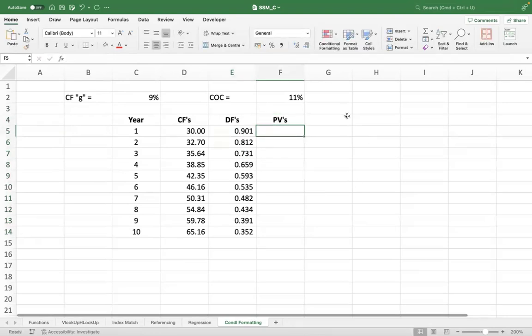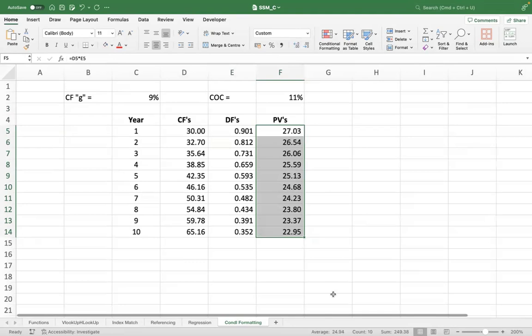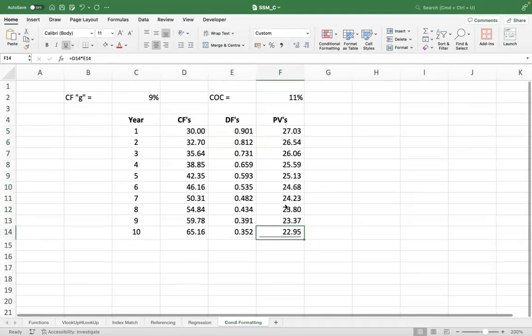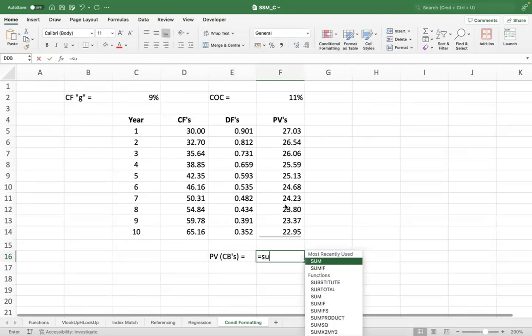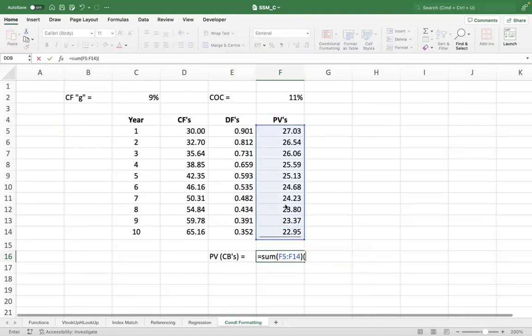This becomes your discounting factors. Now multiply your cash flows with your discounting factors. What did I tell you? If you multiply your future values with discounting factors, you will arrive at present values. These are my present values and I will sum them up. Now, can I sum these up? Yes, because they are in a common time frame, which is time 0. So my present value of all my cash benefits that I'm going to generate from the project is equal to a summation of these present values, which is